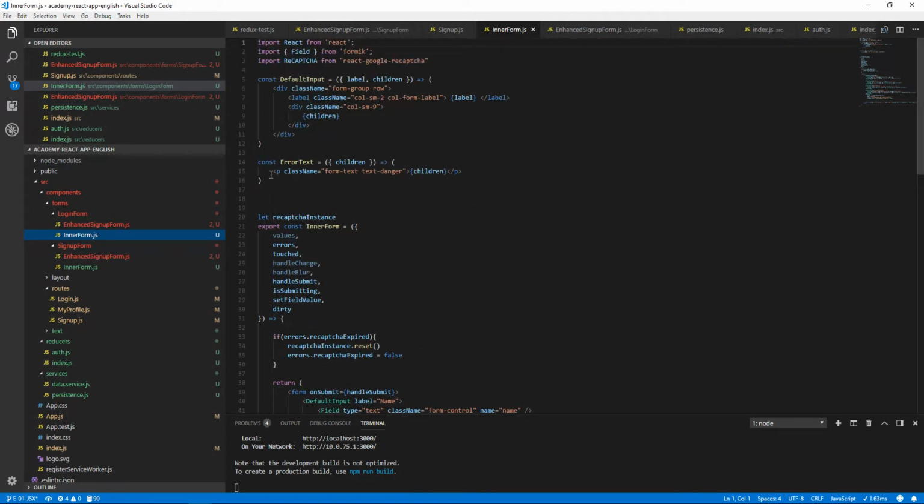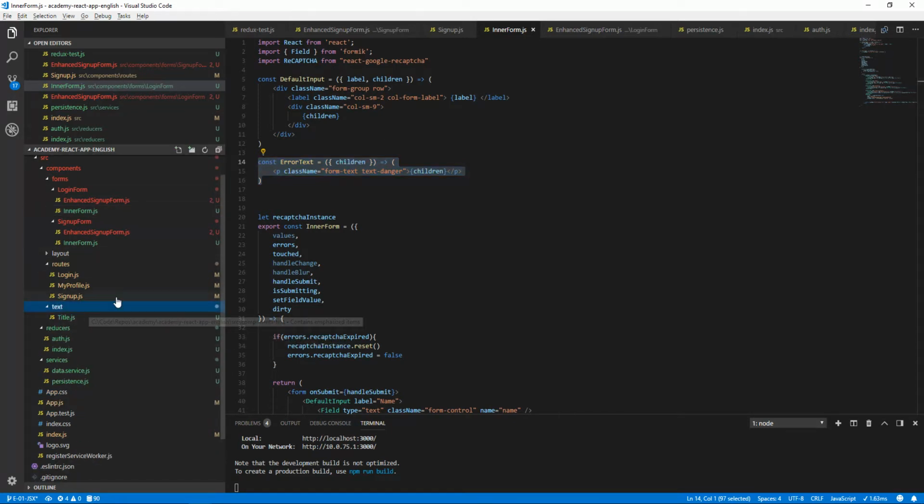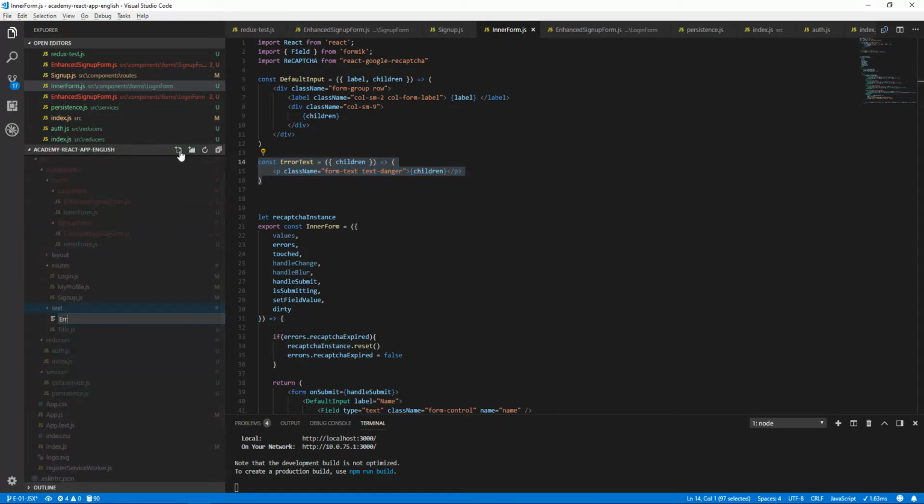Right now we are seeing that we are copying and pasting the same components, so a better idea is to just have these in different files so that we are able to import them so that we do not have replication. So we could take this thing and add in our folder here a component called error